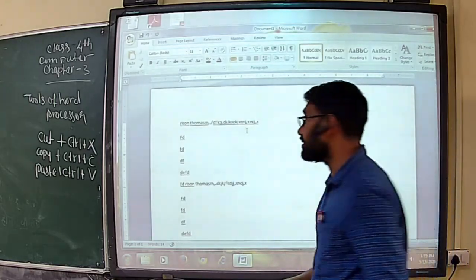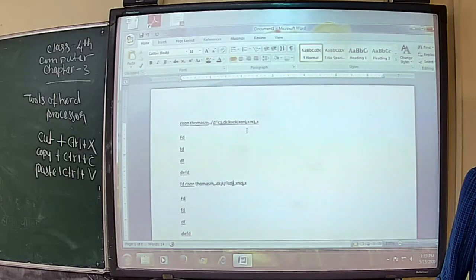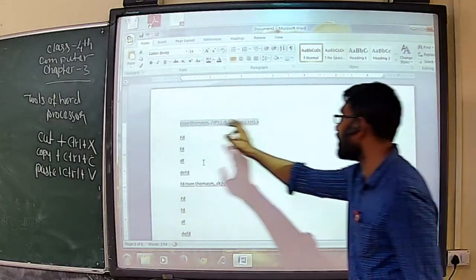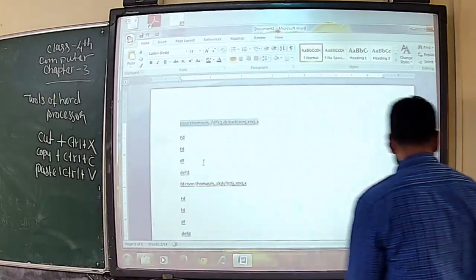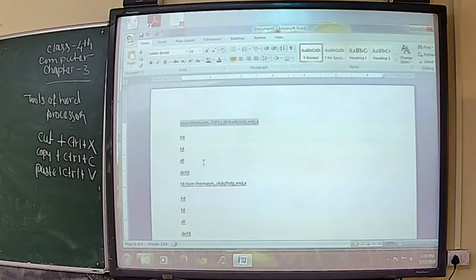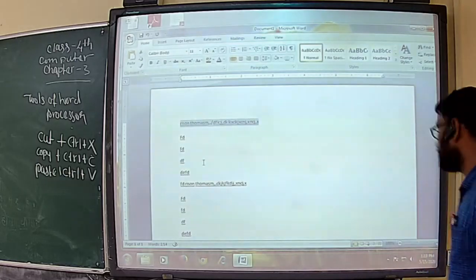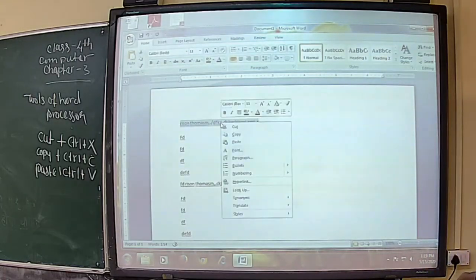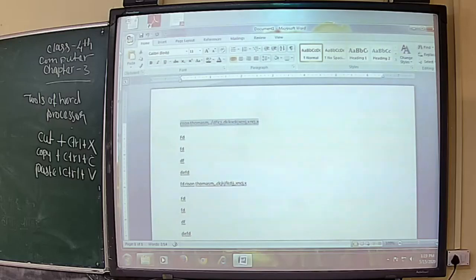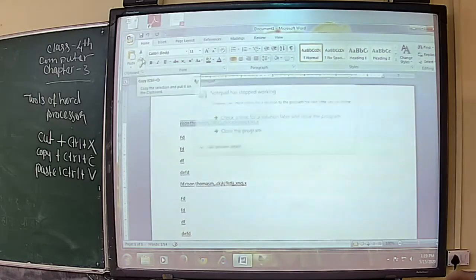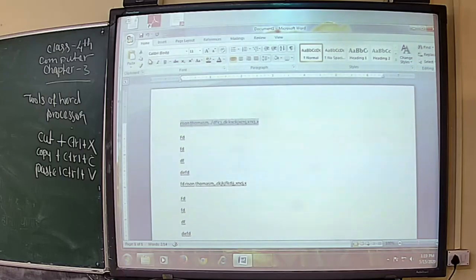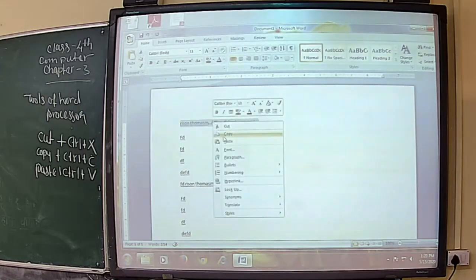So first we go into copy. First I need to select the text which I need to copy. So I need this much text, letters. Clear? So I selected, and we have two options: either we can use the keyboard shortcut, or we can use the mouse. So right click and copy, or you can see here a copy button in the clipboard, a small two papers icon, that is copy.